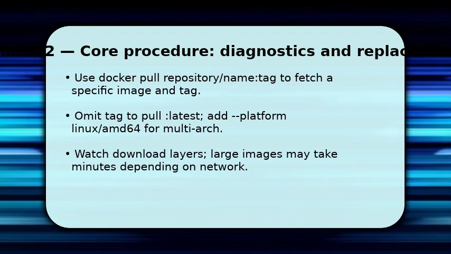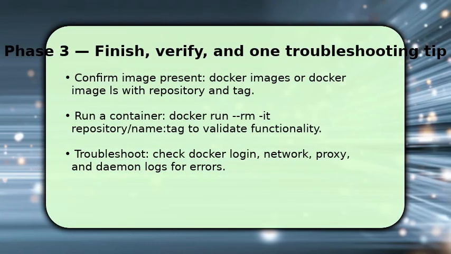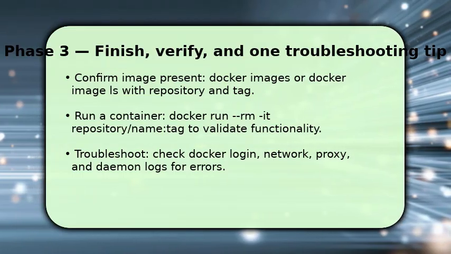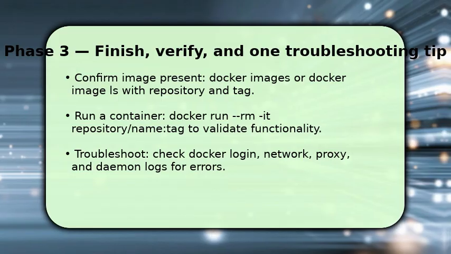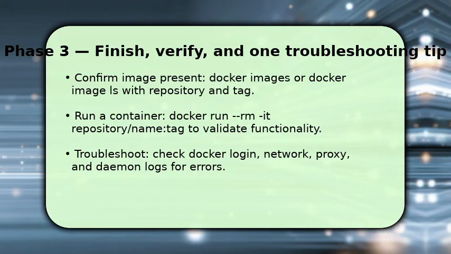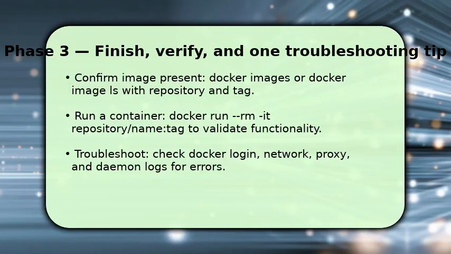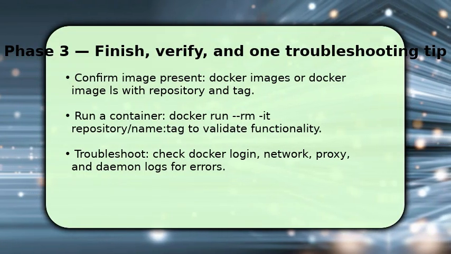Finish by validating and, if needed, troubleshooting. Confirm the image exists locally with docker images or docker image ls. Inspect it for digest and size. Then run a short container, for example docker run --rm repository/name:tag, to ensure it starts and behaves